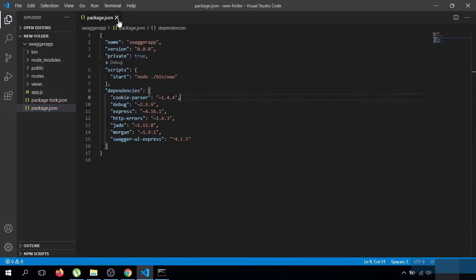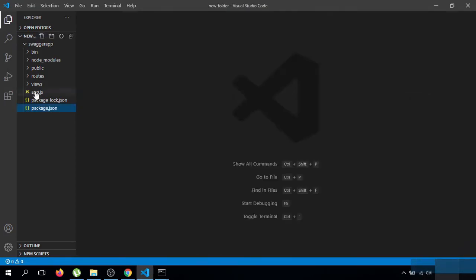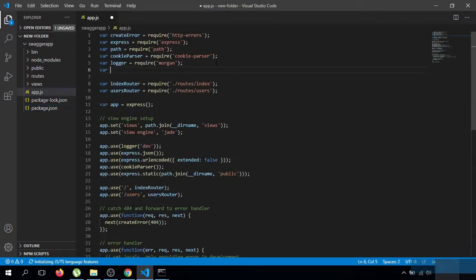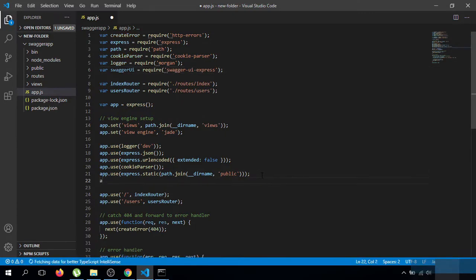Now I will add this package in my app.js file. This will be our Swagger URL.